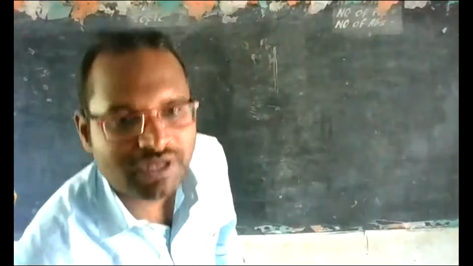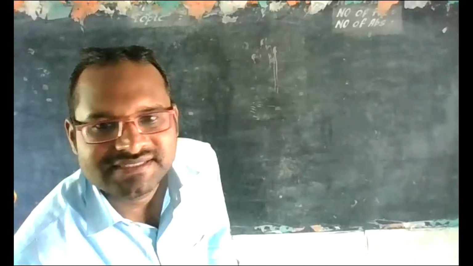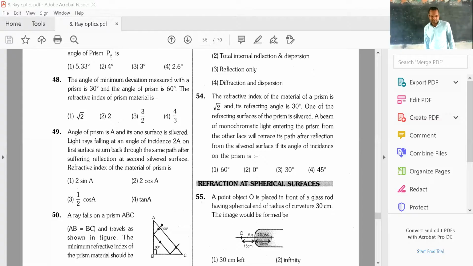So we are discussing objective problems on the ray optics chapter. I am going to share the material. Yes, this is your material. I hope you can see the board and this screen both at a time. Clear? So that I can read the question, you can see the question, and I am solving here. If you want to see the board clearly, double tap on the board and you can see the enlarged image. I have chosen some questions so that the total concept will be clear for you.